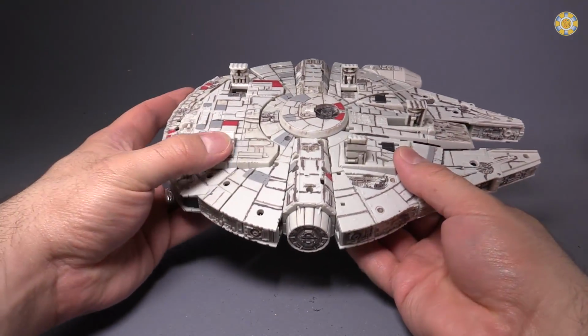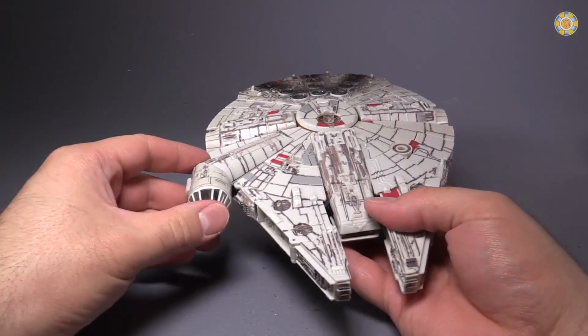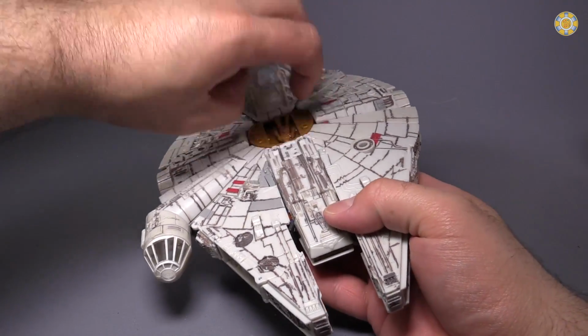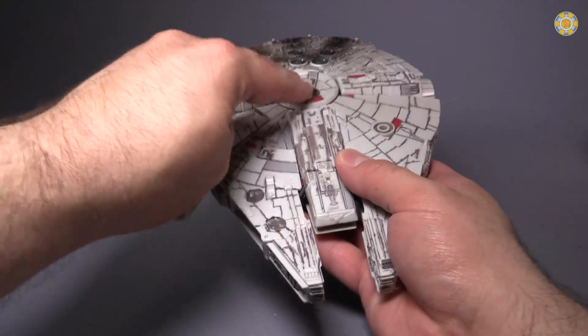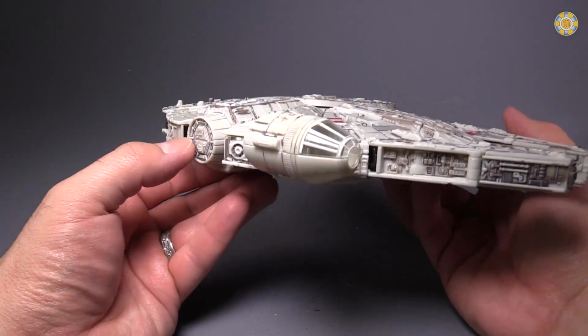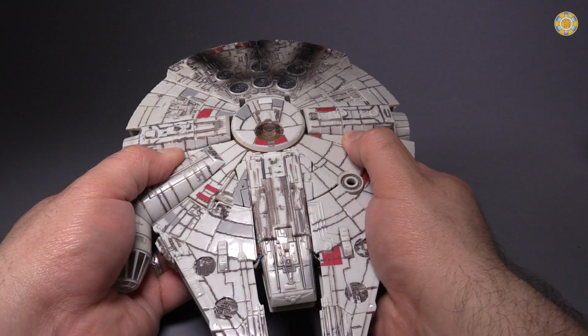Flip the figure over and close the landing gear. And then you can, if you want to, remove Han and Chewie. Just for the purpose of this review, I'm going to go ahead and pop Han and Chewie out. Now, come to the section, the docking ports, and just in front of them, push down, and then while pushing